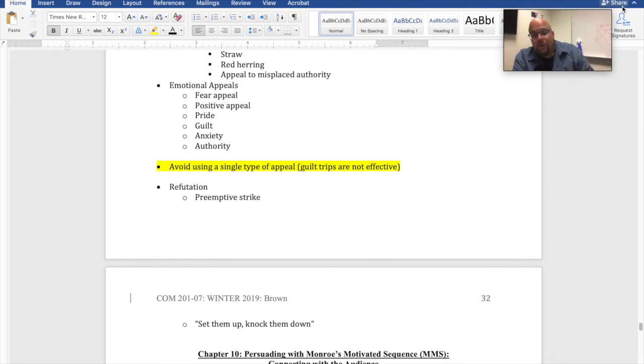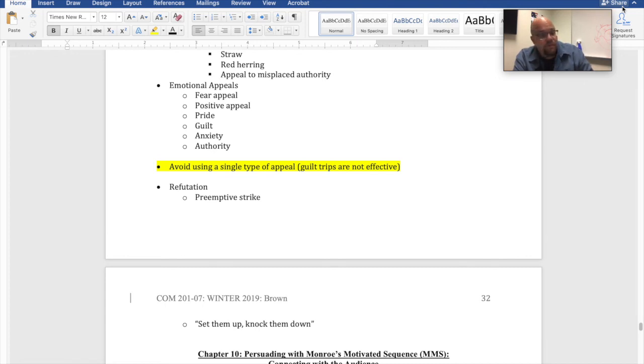So, if you're going for, I don't know, let's do the COVID situation. We don't need to have in-person classes because the virus is very contagious and it lives on surfaces, it hangs in the air, and it likes closed spaces. So we should not have in-person traditional classes. Well, the refutation might be, if you take the necessary precautions, you limit your chances of exposure, and we should do it because learning is best when it's in the classroom. And so, we really need to get people back to the classroom.